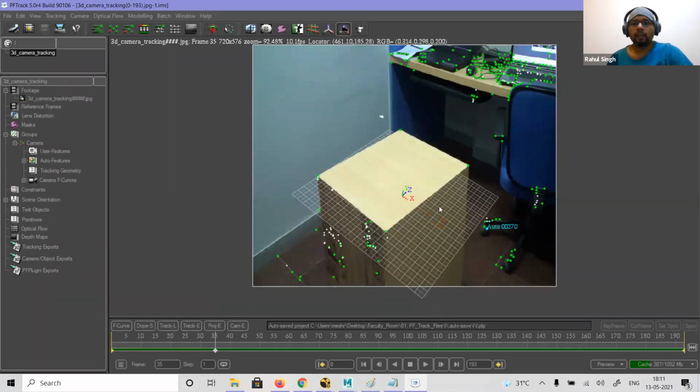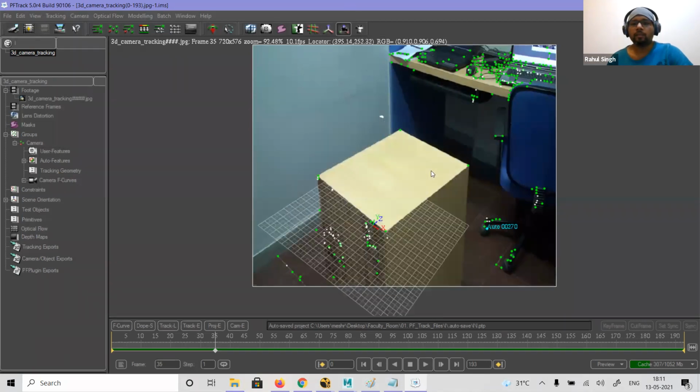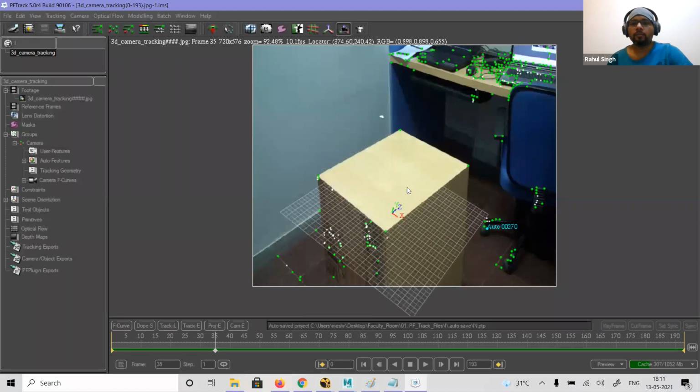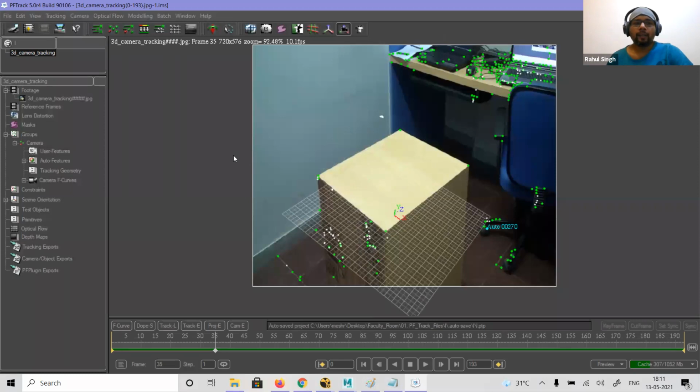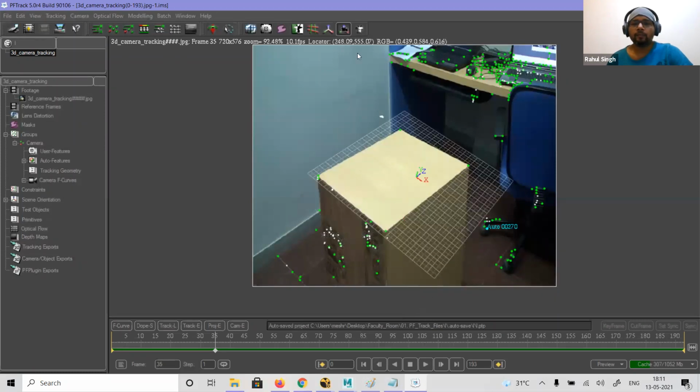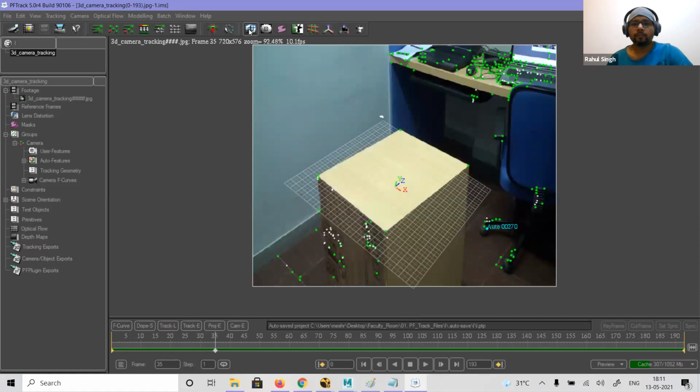I can go and say this is my camera orientation. I can place it in the depth. I can move this into the depth. Right? So I can always select any of the points.